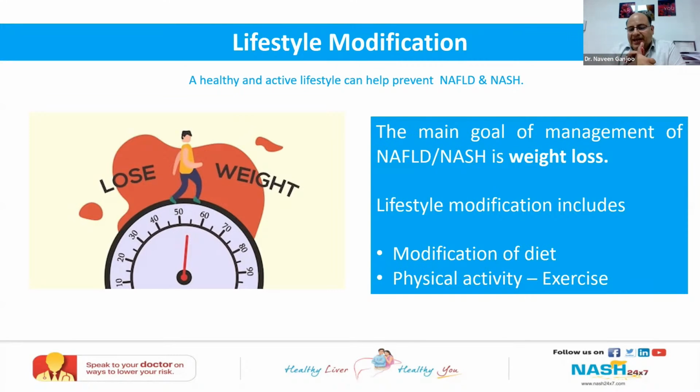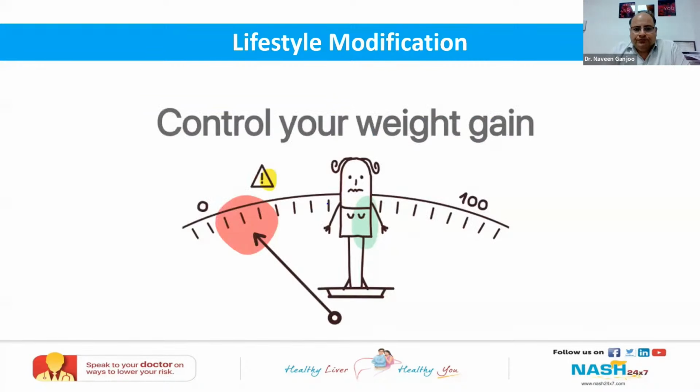Second, weight loss and physical activity is very important. Of course, in weight loss, modification of diet also comes into play, and physical activity, exercise, is very, very important. Now, control your weight gain. It is a part and parcel of the diet modification, and then eventually when the weight loss happens, it translates into the fat going out, and then the steatosis decreasing. So these are the most important things. What is steatosis? The fat in the liver, and steatohepatitis is the fat causing the inflammation in the liver,